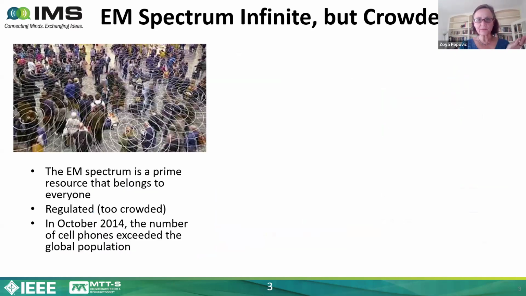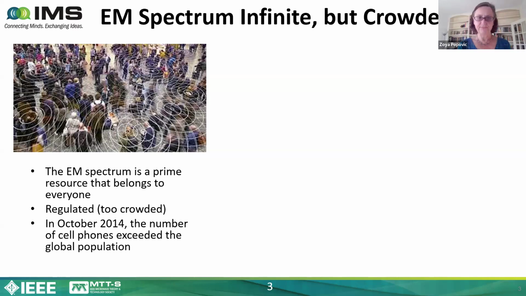So the thing I want to start with is to tell you that the spectrum, although infinite, the electromagnetic spectrum is currently very crowded, especially in the microwave frequency range. And the reason is that everybody wants to talk on their radios. The EM spectrum is a prime resource. It belongs to everyone, but because it's too crowded, it's very regulated. And so there are many financial implications. Of course, the most obvious one to everybody is the cell phone market. And as an example of the crowdedness, in October 2014, the number of cell phones exceeded the number of people